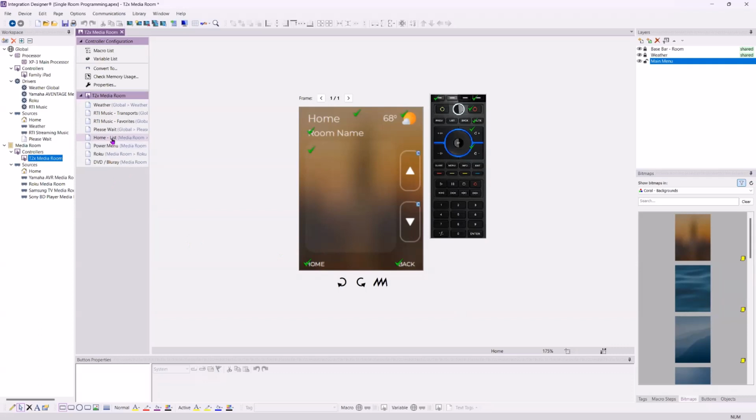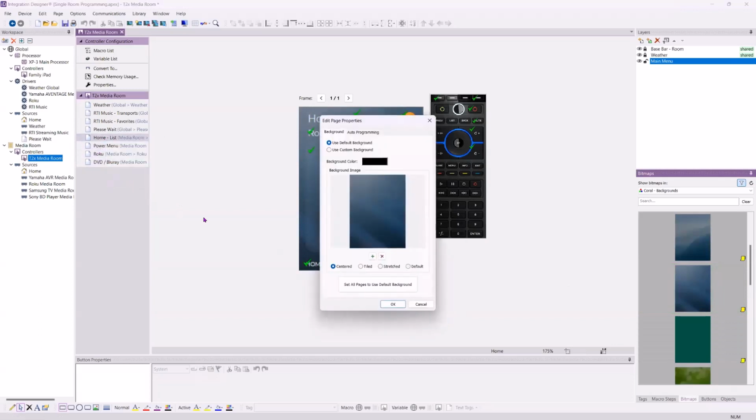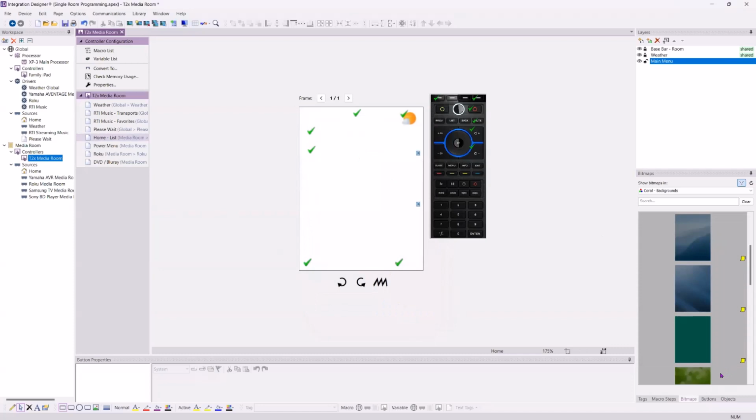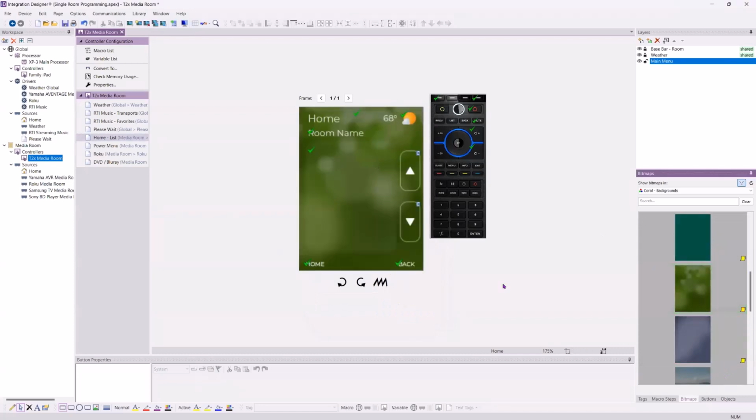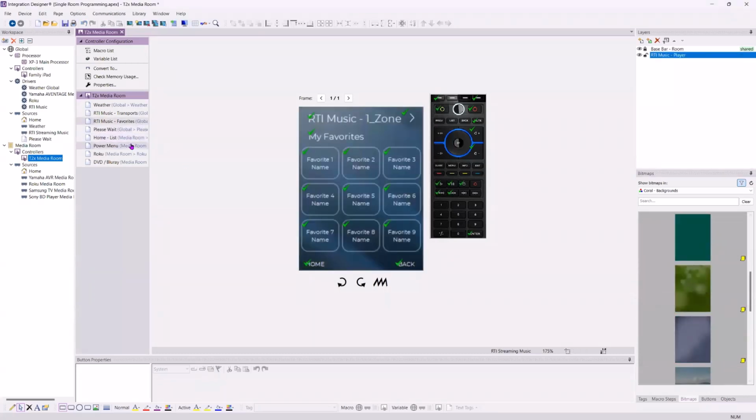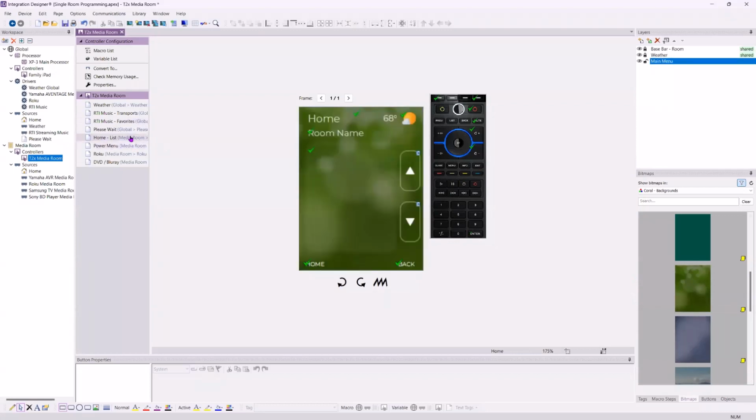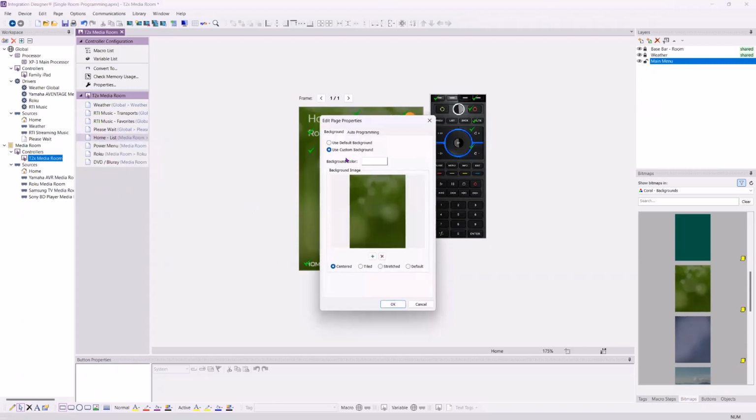But what if I said, well, I just want to change it to one on that page. So I go into my page properties and I want to use a custom background here. Well, if I select custom background and press OK, it's going to be blank. But I could then put this logo or this background on there and still have the other ones be that same type. So if you wanted to have a custom background for one page, you select that page's properties, go to use custom background. It can be white, and then you just drag over what you want or put in a specific image or